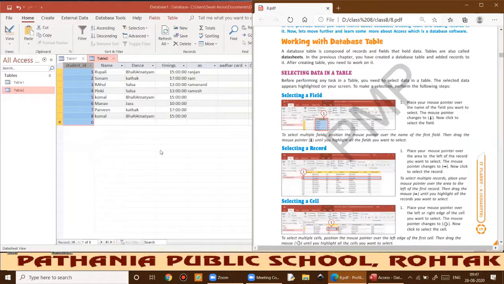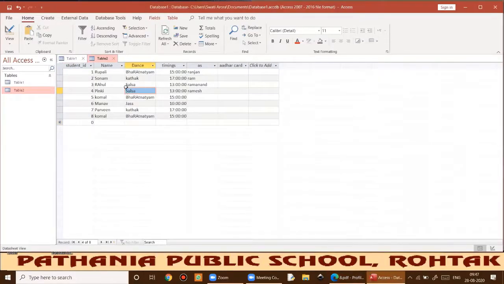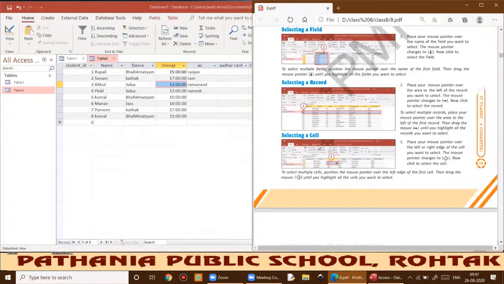Okay, how to select a cell? When you bring your mouse pointer to the corner position of a particular cell. A cell is the intersection of rows and columns. So this is a cell. Every data that we have put is inside a cell only. These are the cells where a row and a column intersect. That gives you a cell. So how to select a cell? I told you, using this pattern you can select it.